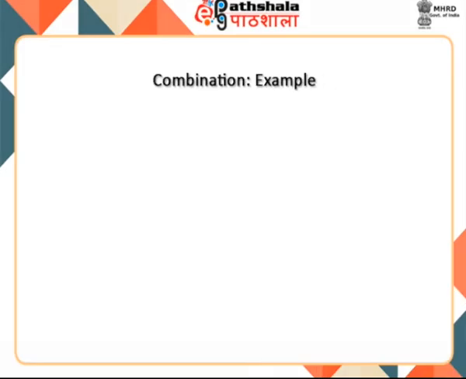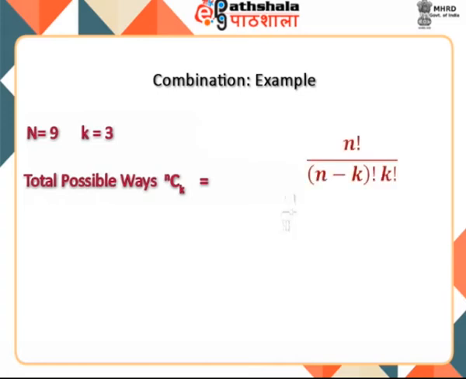Again, take the example of a baseball game in which 3 players are to be selected out of 9. It is different from the case of permutation, as now ordering is not important. It implies that player arrangement 1, 2, 3 is equal to 3, 2, 1. Thus, the total possible ways are given by, after substituting the values, we get